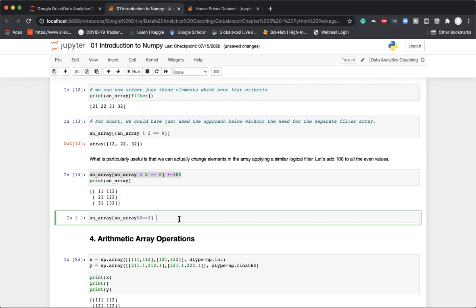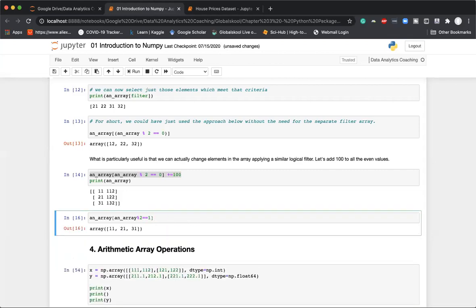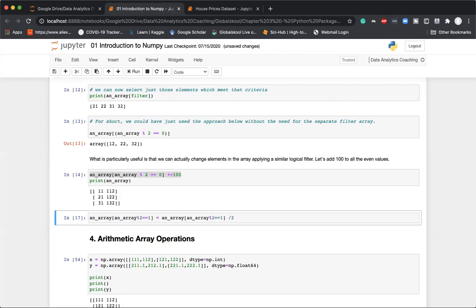I'll complete the statement. It is divide equal to 2, and when I execute this, it says no loop matching the specified signature and casting was found. Oh, let us just first select this. Okay, selection works fine. I think we have to divide it this way. Let's try this one. Okay, and let's print